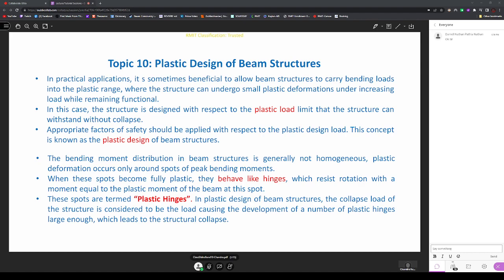Bending and the plastic flow rules. So plastic bending and plastic flow rules we have gone through in the last two sessions. So now we focus on the plastic design of beam structures. So here you can see that